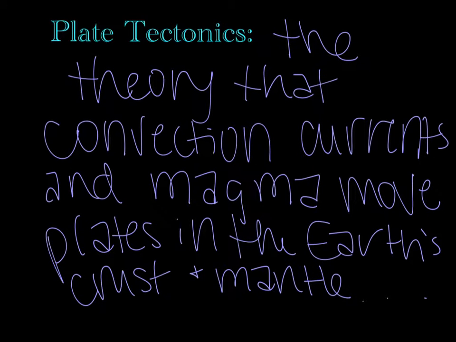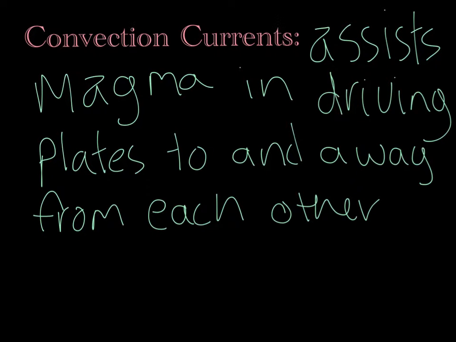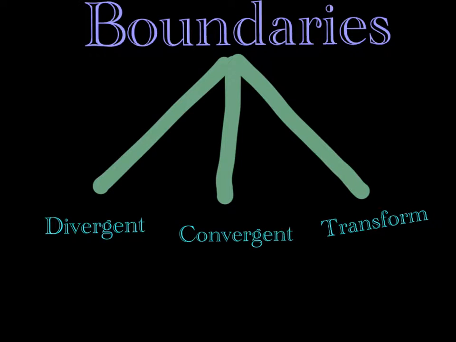Plate tectonics is the theory that convection currents and magma move plates in the Earth's crust and mantle. Convection currents assist magma in driving the plates to and away from each other. There are different types of boundaries depending on which way they move, which boundaries sink, and what they create after movement. Divergent boundaries, convergent boundaries, and transform boundaries, which we don't touch up on in this project, are all types